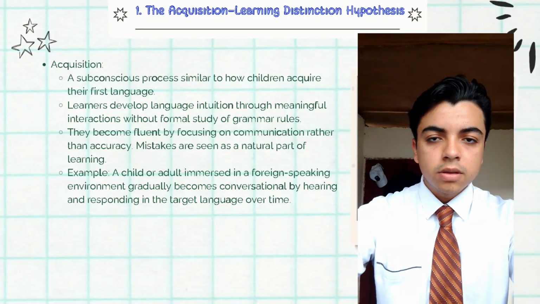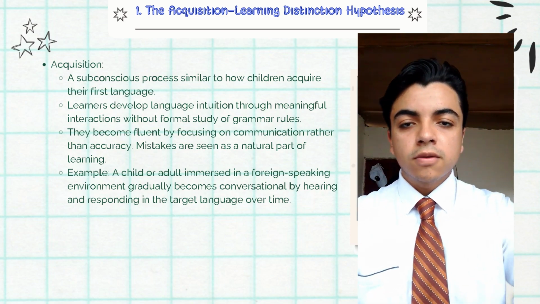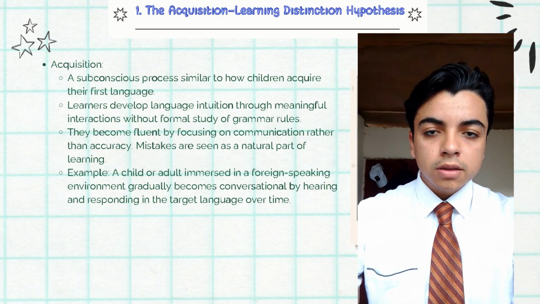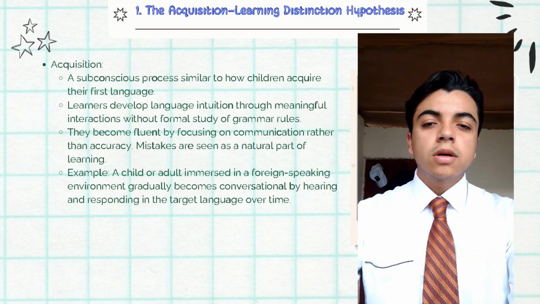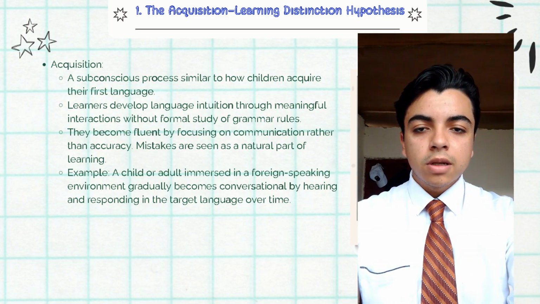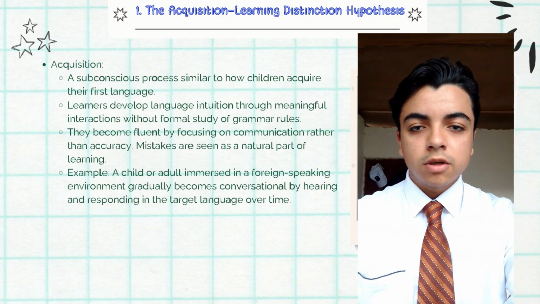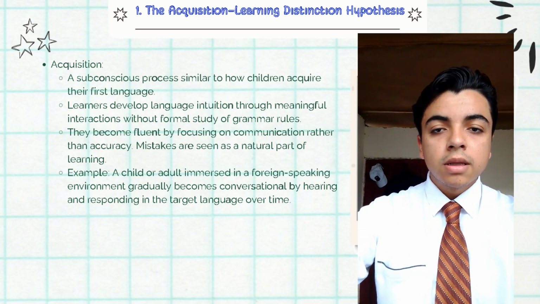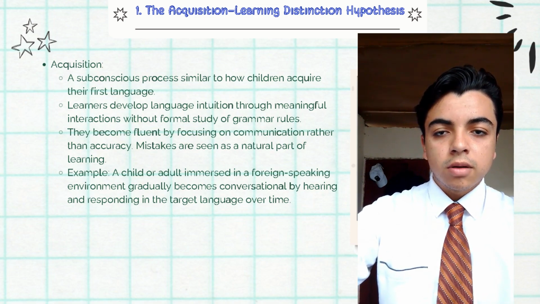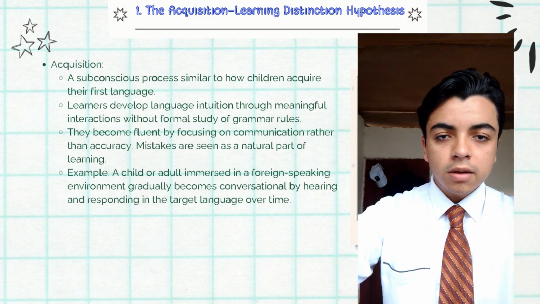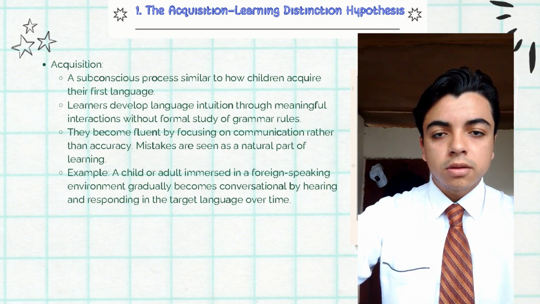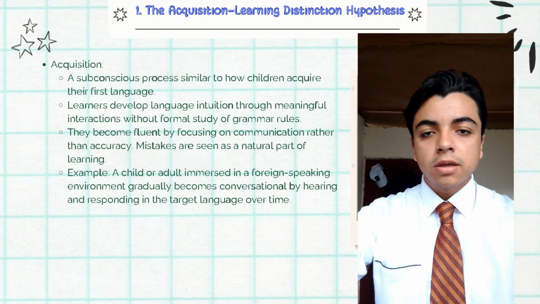The acquisition learning distinction hypothesis. This hypothesis differentiates between two separate ways of gaining language competence. Acquisition, a subconscious process similar to how children acquire their first language. Learners develop language intuition through meaningful interaction without formal study of grammar rules. They become fluent by focusing on communication rather than accuracy. Mistakes are seen as a natural part of learning. Example: a child or adult immersed in a foreign speaking environment readily becomes conversational by hearing and responding in the